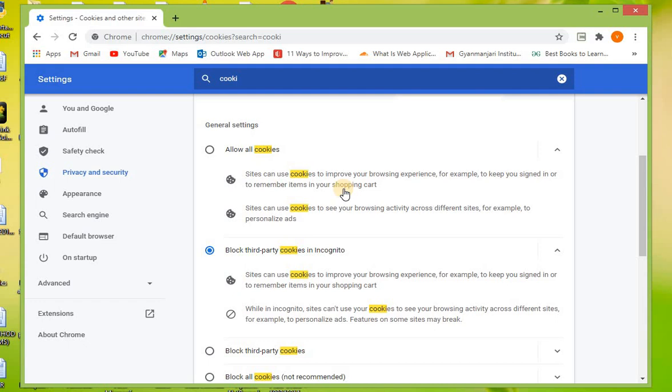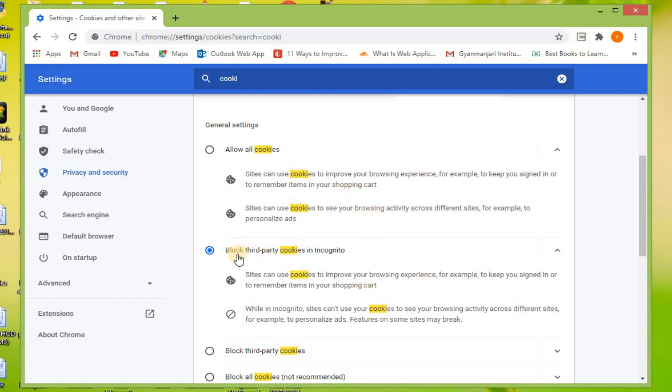For example, if I visit my Amazon account and add an item to my cart, and whenever you log in after some days, you can see that your item is still there in your wish list, or I can say in the cart. So how did this happen? This happened due to cookies in your web browser. All this data is stored in your web browser, that means on your computer.